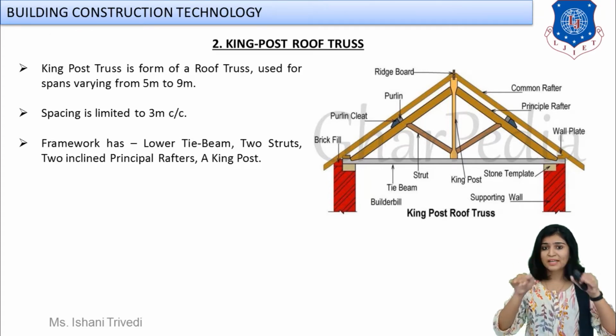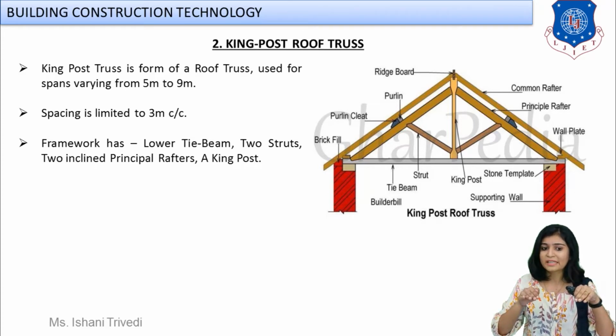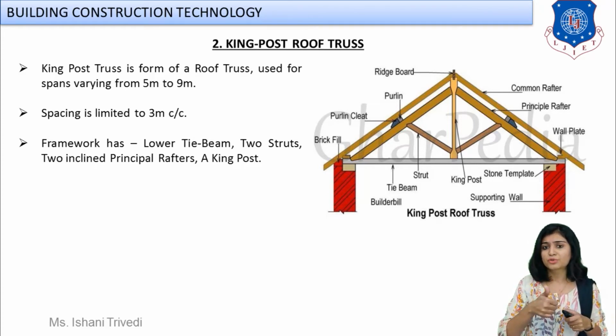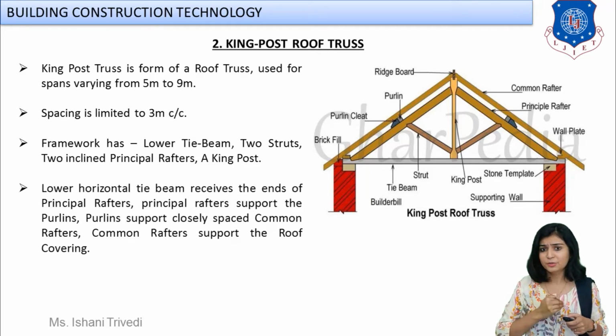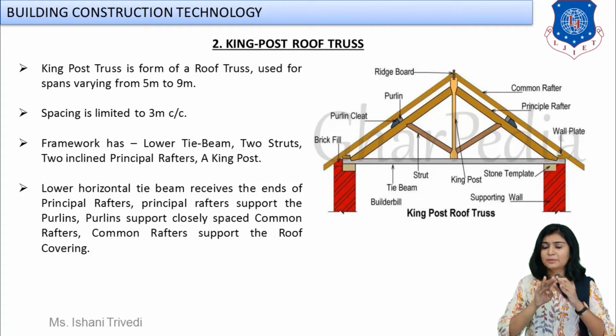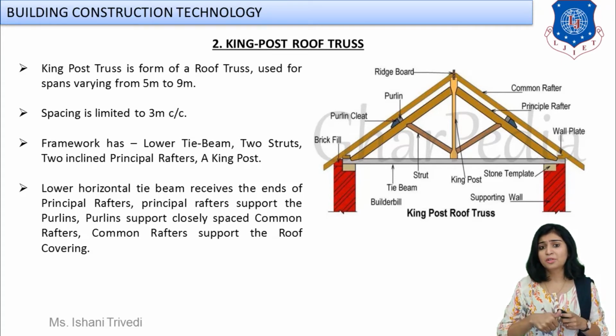It has 2 inclined principal rafters, secondary rafters, and a vertical post at the center, that is your king post. Okay, pretty easy to draw this drawing? Yes. Okay, so did you understand how if this is a sloping roof, it is provided in both sides, but it is an example of a truss because horizontal, vertical and inclined, all types of members are connected and a skeleton is a form which makes ultimately your truss structure.